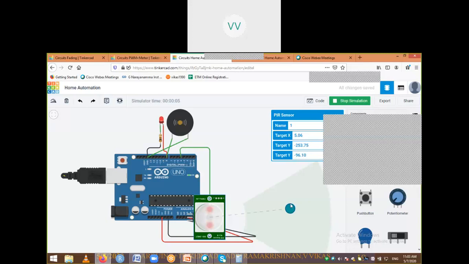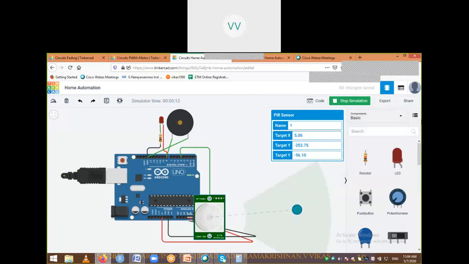Again, when I start moving, it's giving a response. I'll go out of this particular range. Again it stopped. Even just in front of that PIR I cannot be detected. It has some range, and only in that range can it detect this particular motion. So we have just seen the motion detection.